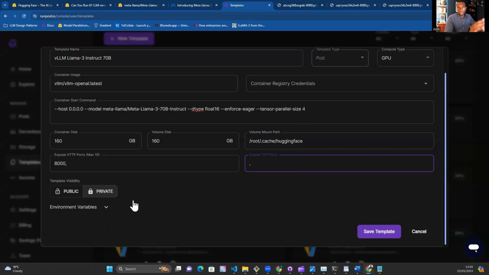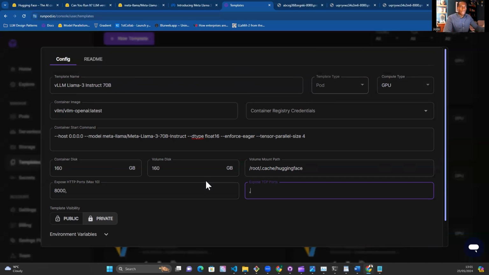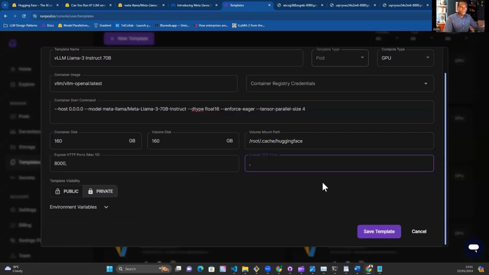So when you're doing this yourself, all you have to do is go into the template itself and set your Hugging Face API key. I'm not going to show you this because I don't want to expose my Hugging Face API key in this video. That's it for getting set up on the template itself. When you're ready to deploy this template,